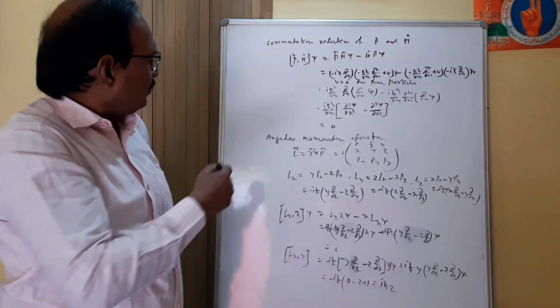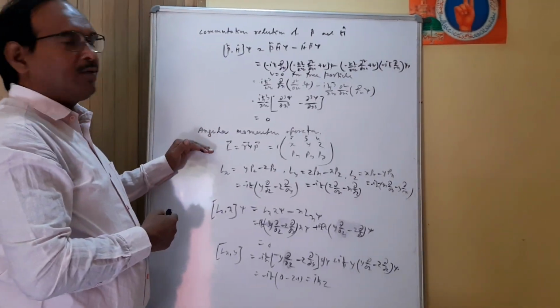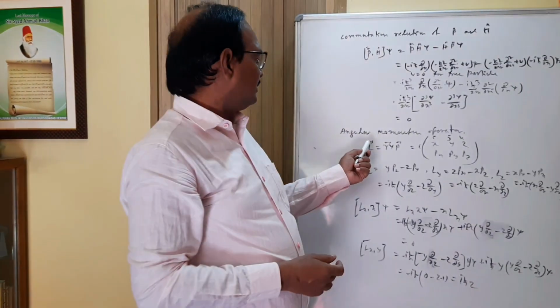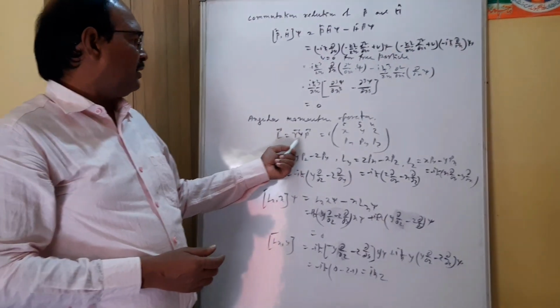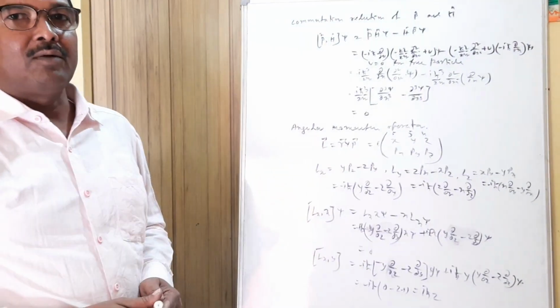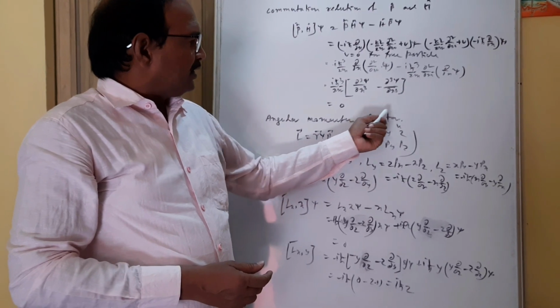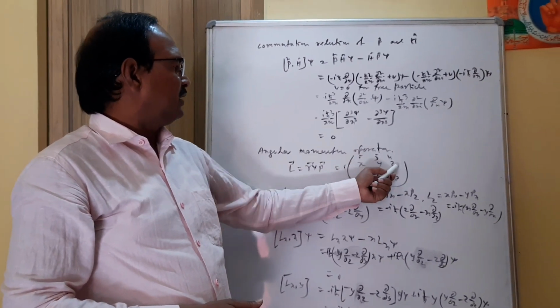So in this we can also find out the operator and the angular momentum. For angular momentum, we can write L equal to r cross p. r is the position vector, p is the momentum vector, and L is the angular momentum vector. In vector treatment, in determinant form, we can write this: i, j, k, x, y, z, p_x,